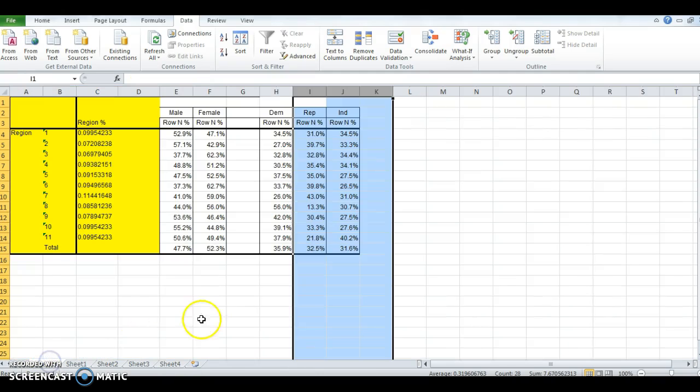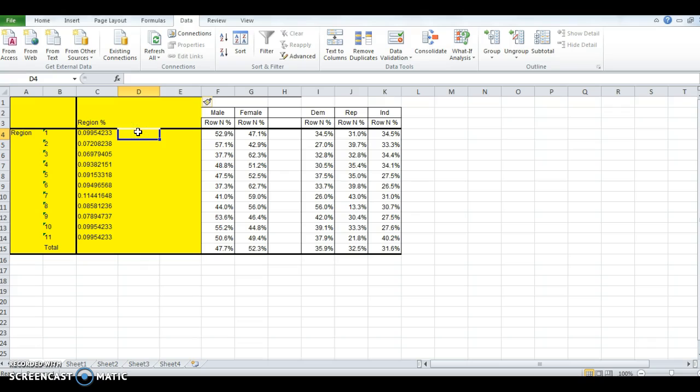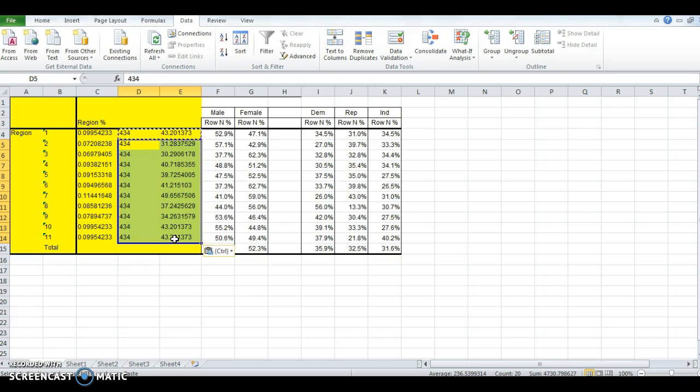Now, looking at your parameters page, we're going to say, okay, we know that we need 434 people in our sample, because I've given you that information. So we're going to put 434 right there, and we're going to do an equal 434 times the size of the region. And now we know how many people within region 1 we need to make sure that we have a representative sample by proportion on region 1, 2, so on to region 11. So then within our regions, and for instance in region 8, it's nearly 9% of the sample, we need 37